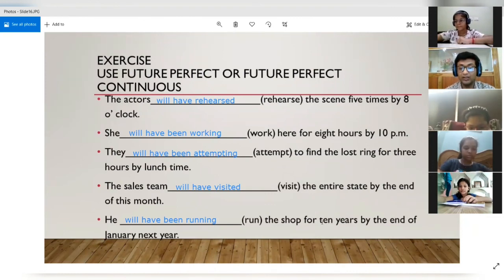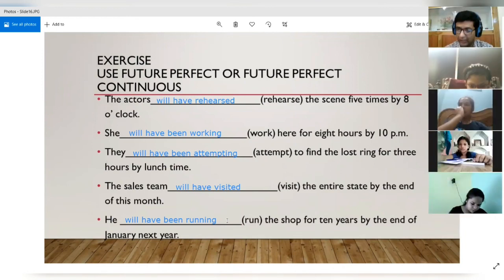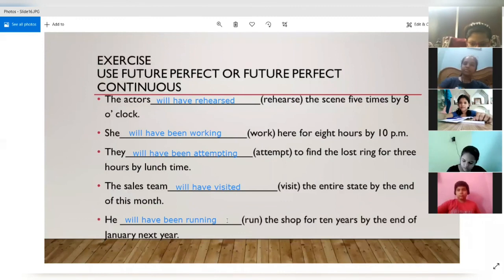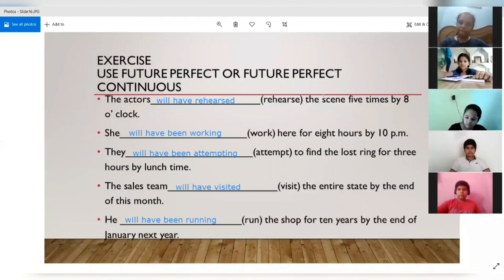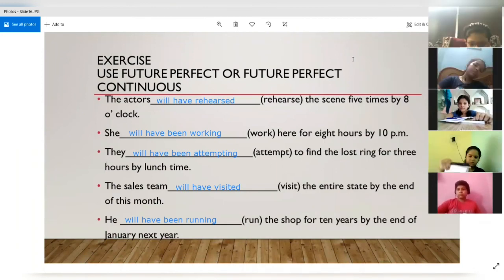So this is because we are just telling for how long he would have been running. He is not stopping. All right. He is not closing the shop. So the action is not stopping. He will continue working in his shop. He will open his shop every day. The shop is not getting closed. So the action will be going on in future also. So the action is continuing. That's why we are using the future perfect continuous. All right. The action will not end.